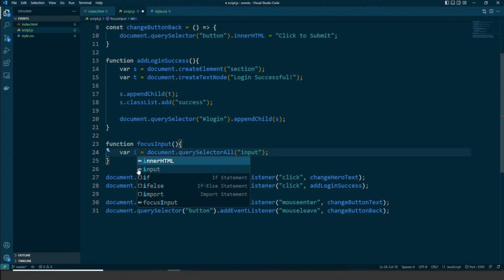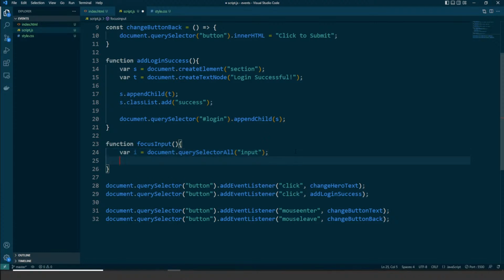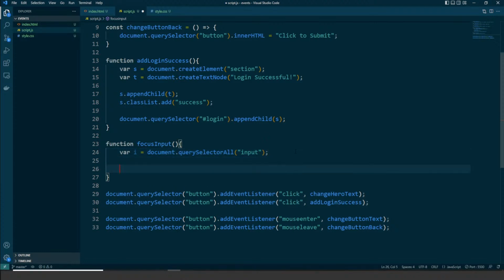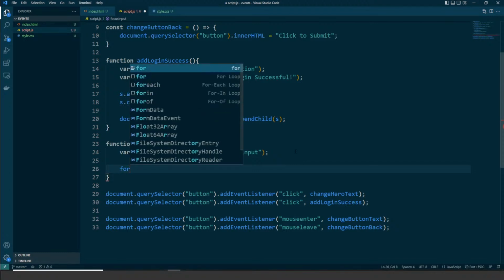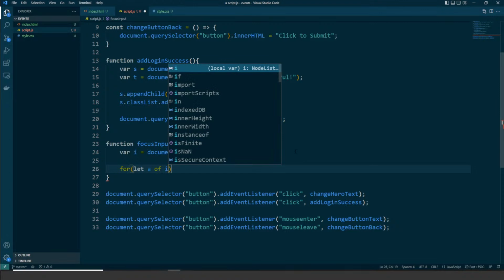Or we'll say i, because n is also something. Variable i, document.querySelectorAll input. For let a of i